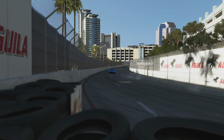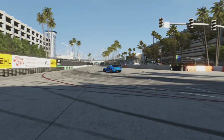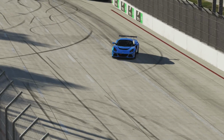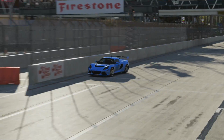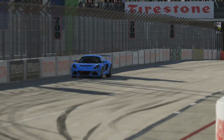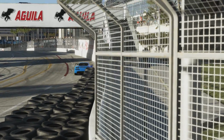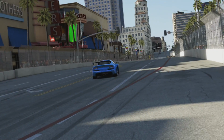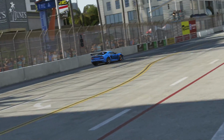In many ways, I often felt myself slightly overdriving the vehicle. I expected it to be very, very good on the brakes, and it actually wasn't. It wasn't that much better than anything else I've driven. You were still having to brake at similar braking boards to that of the Evo. In fact, I think you're having to brake earlier with this than you were with the Evo and the Renault. It didn't feel as sharp on the brakes as I was expecting a Lotus Exige to feel,